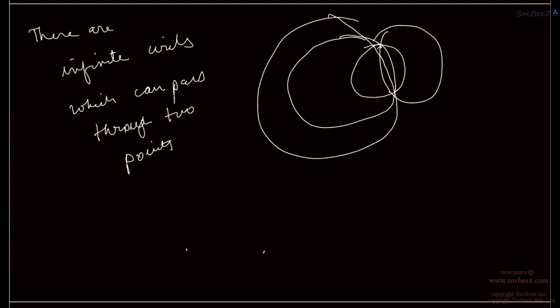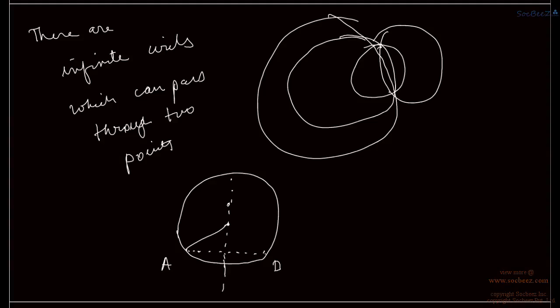This can also be justified as follows. Say these are two points and we have to draw a circle passing through them. So join these two points first, A and B, then perpendicularly bisect the segment. Suppose you take this point as center and this as radius, you draw a circle, so you will get a circle here. Take this point as center, take this as radius, and again draw a circle, and you will get another circle like this.